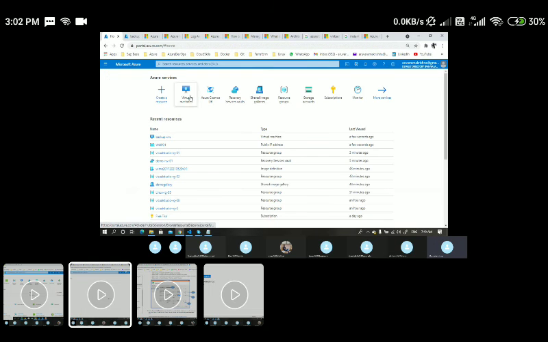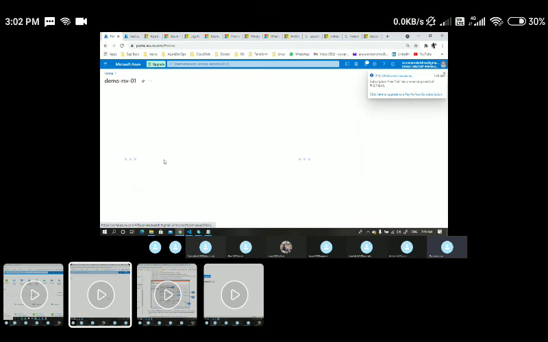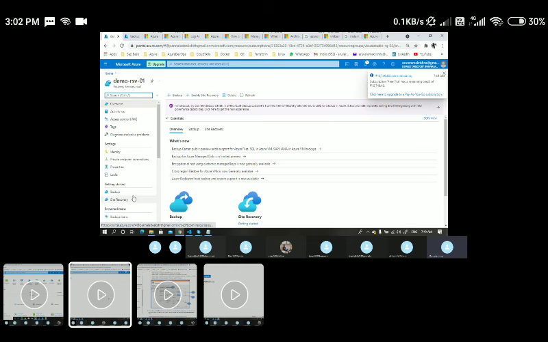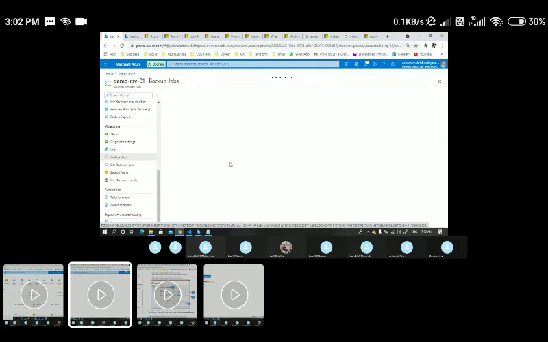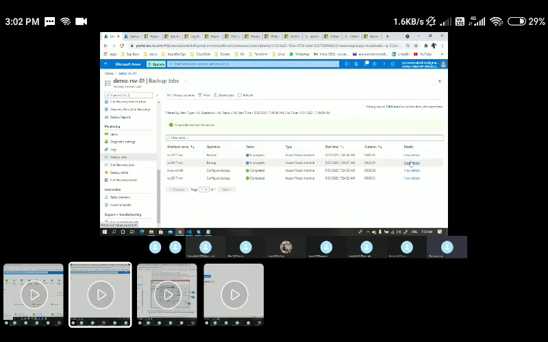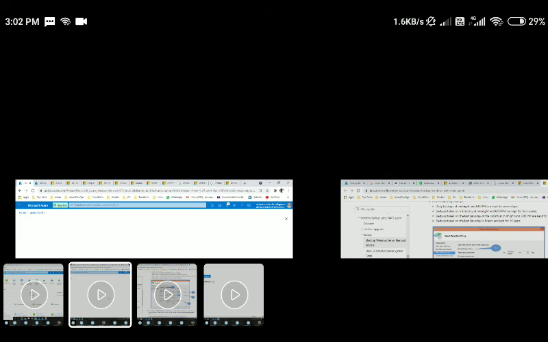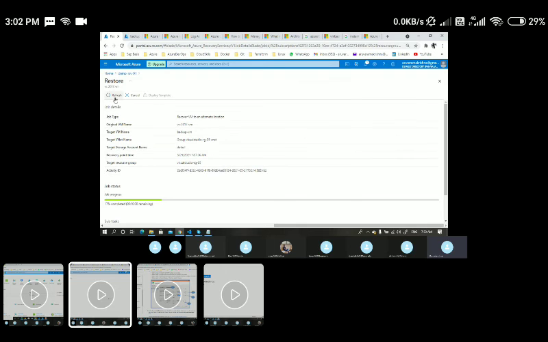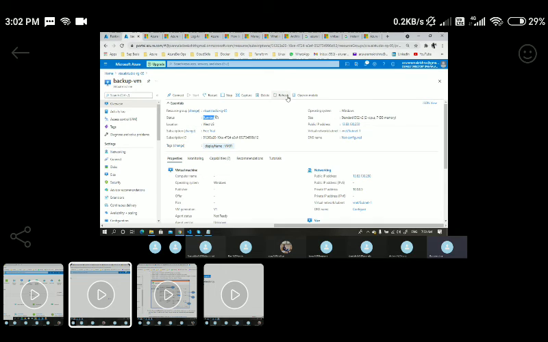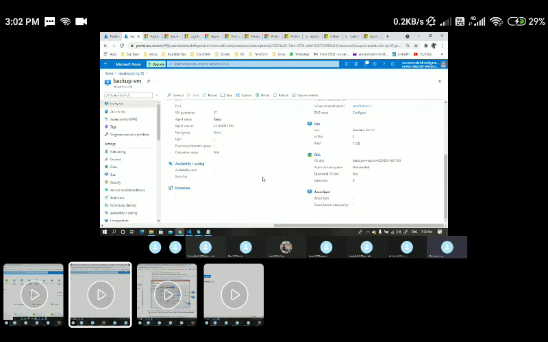and let me come back and go back here just to cross check whether this particular job is done. I'll go to the backup jobs and it is still in progress. Let's see the status. It is still showing 17 percent. Okay, so it has started creating, but I think it is not fully restored. Fully restoring will take some time. And I think we'll try to just test it.